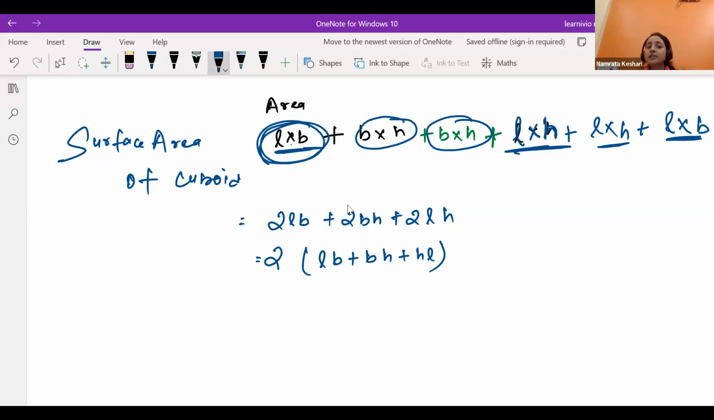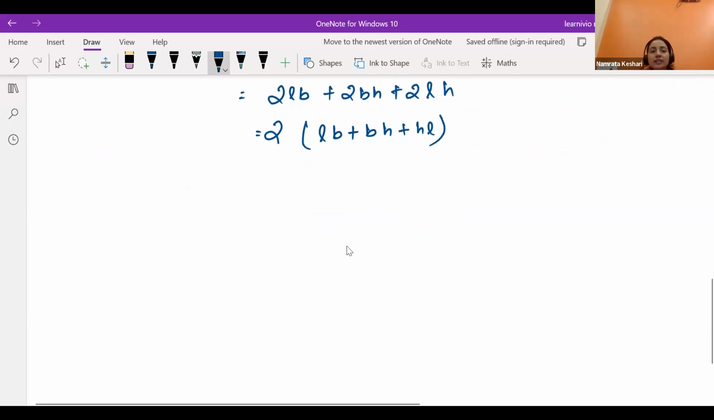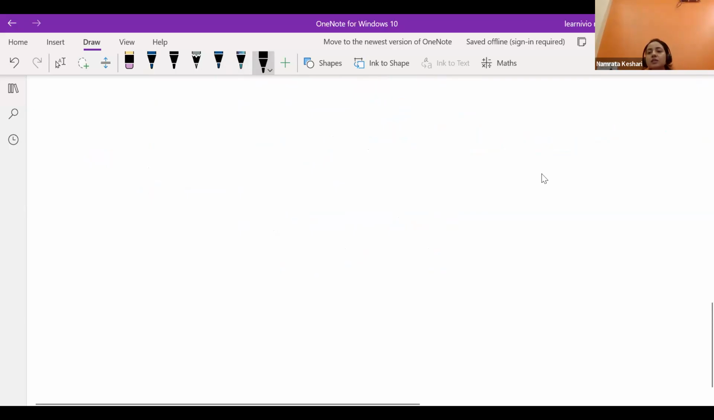So yes, this is the formula for surface area of the cuboid, and like this we got the surface area formula. Okay. Now the next one is the surface area of a cube. From the cuboid we got the idea. If we have to talk about the surface area of a cube,